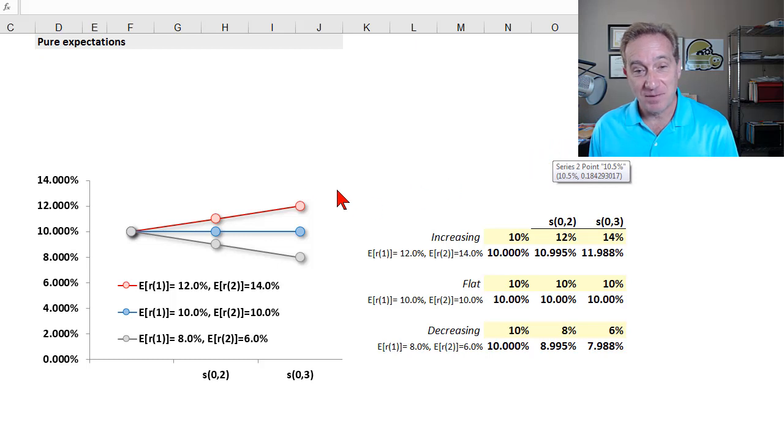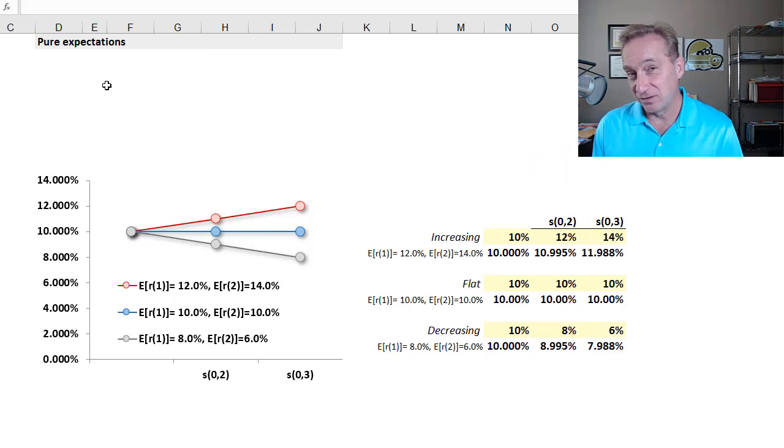Before I add the two dynamics, I'll start with a baseline. And the baseline is pure expectation theory. It gives rise to very uninteresting spot rate term structures. That's why I have plotted here three term structures, each corresponding to a different scenario. And the scenarios concern the expectation of future spot rates. Those are here in yellow cells. I have increasing, flat, decreasing, using Tuckman's numbers, so these rates are very high,